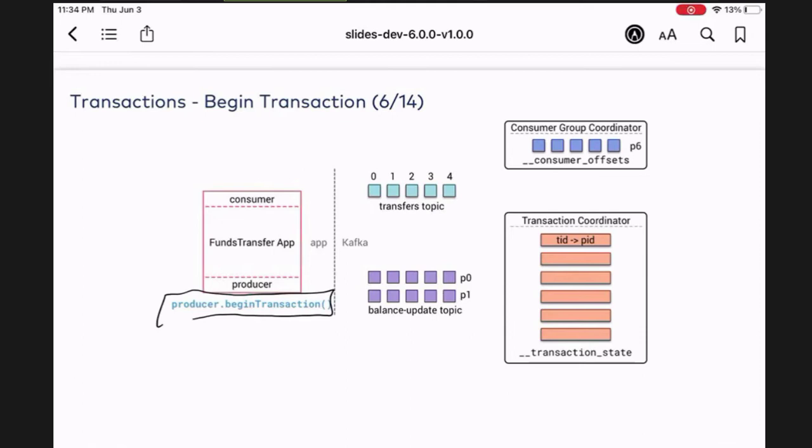Mm-hmm. Okay, so we are only rejecting that current producer that is tied to the TID, right? So one TID can only tie to one PID. Yes, a given transactional ID is tied to a producer ID, because every producer has a unique producer ID. Right. So for whatever reason, the old one, like the zombie, comes back alive. There's another black box here, that for some reason the zombie that comes back gets the same TID and PID. Correct. Because the TID is the same across multiple restarts, because it's a fixed configuration value.